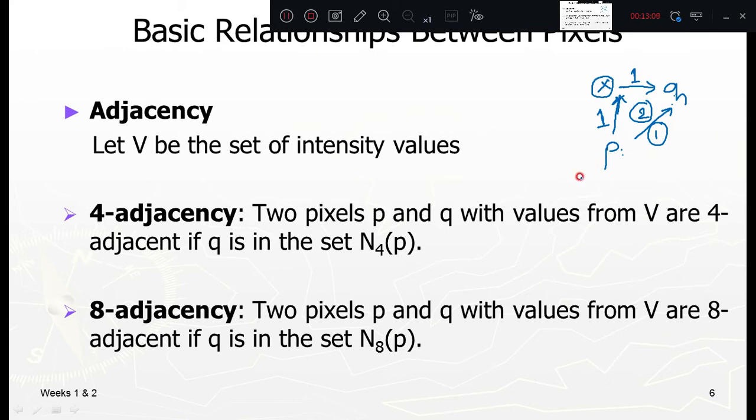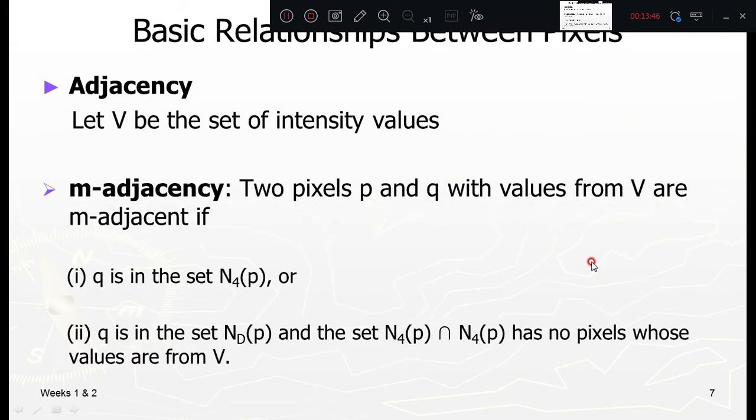You need to always follow the vector V. Whenever you are going, it is given with vector values. Let us take that value. When you are connecting between P and Q, either vertically or diagonally, it has to be a value from V. There has to be a value common between P and Q, so that the value will be coming from the vector V. Let us move on to how we have defined this.